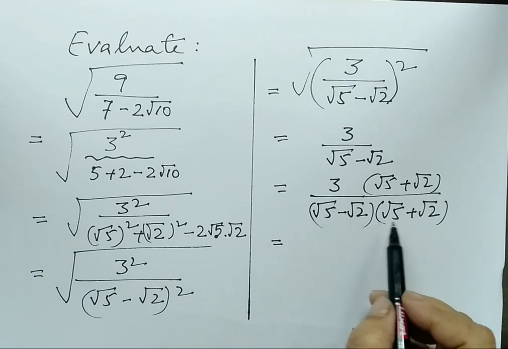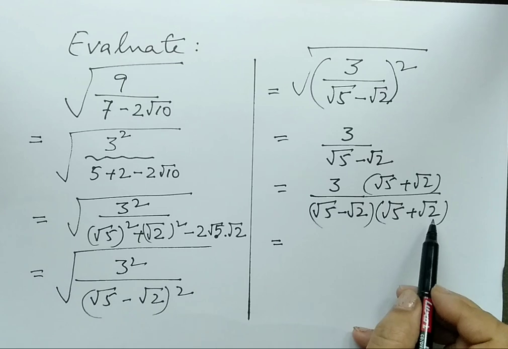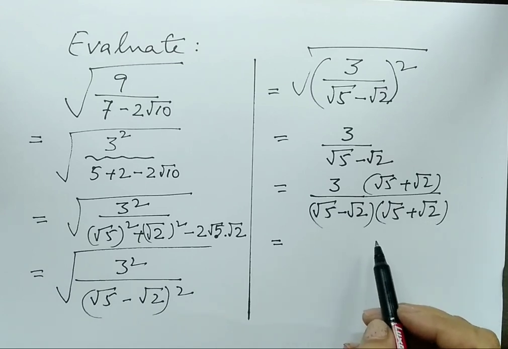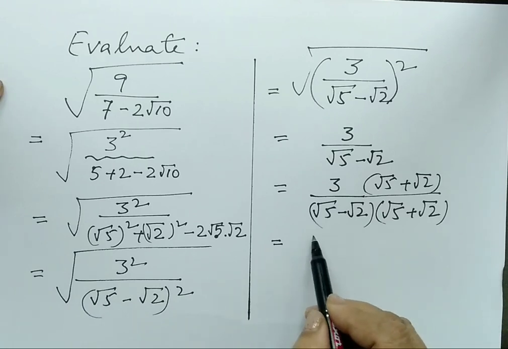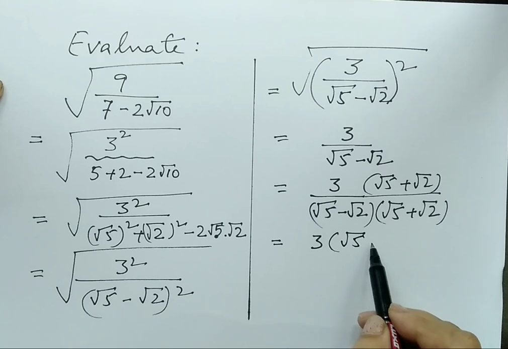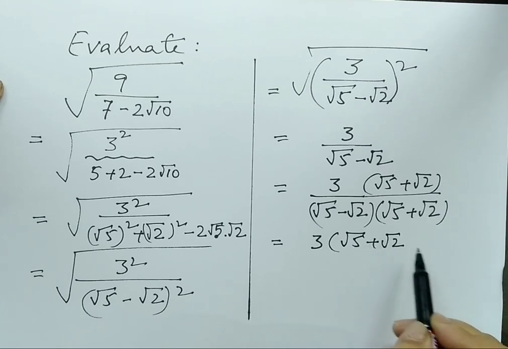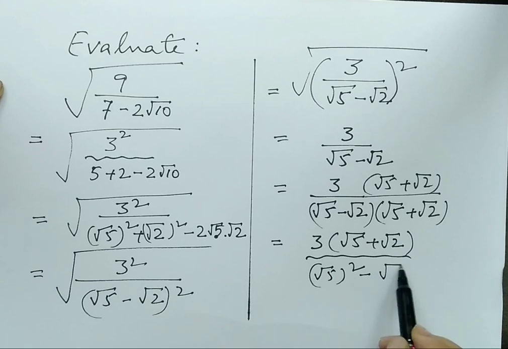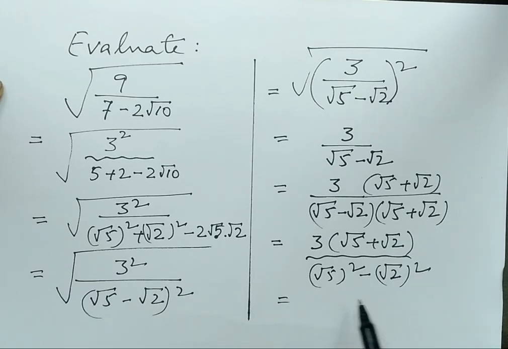So a minus b, a plus b. Okay, that reminds us of a square minus b square. Okay, so 3 root 5 plus root 2 in bracket, and here we have root 5 whole square minus root 2 whole square, which is equal to